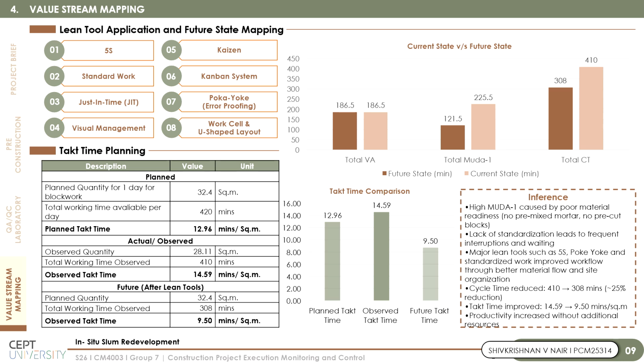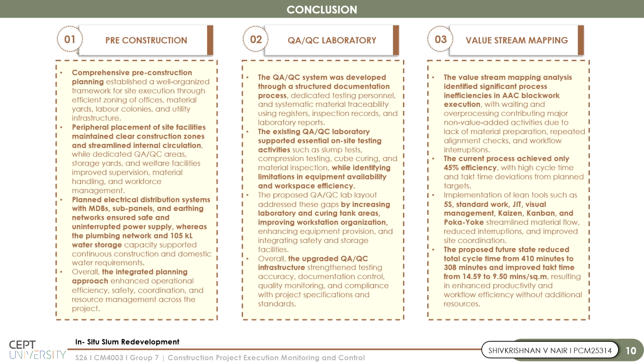in construction operations. To conclude, this study demonstrated the importance of integrated planning, monitoring, and quality control in improved construction project execution. The pre-construction planning established an organized framework for site operations through efficient zoning, utility planning, workforce management, and safe circulation systems. The QA/QC system strengthened quality assurance through structured documentation, material traceability, systematic testing procedures, and improved laboratory